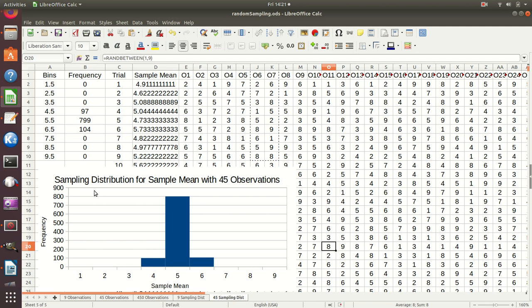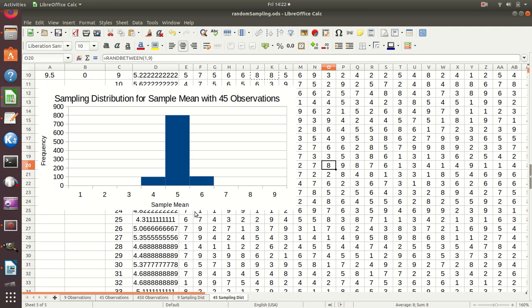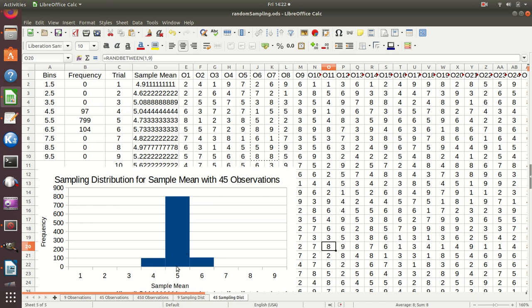Okay, that's a big thing about sampling distributions, in particular sampling distributions of the mean. The more observations, the more narrow. Now, we could change our bins to make this look a little different, so we could see more of what's going on. I don't think we'll do that in this lab. And the reason is, the thing I want to stick with you is how much narrower this distribution is